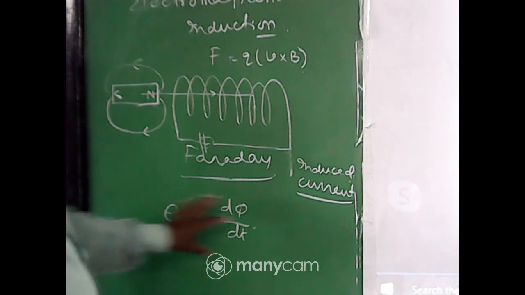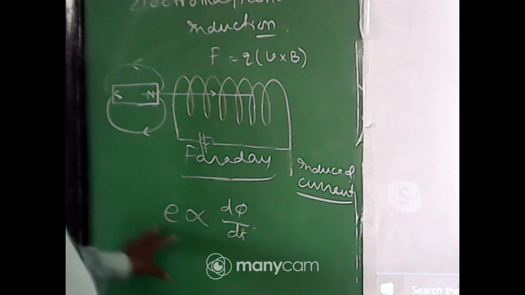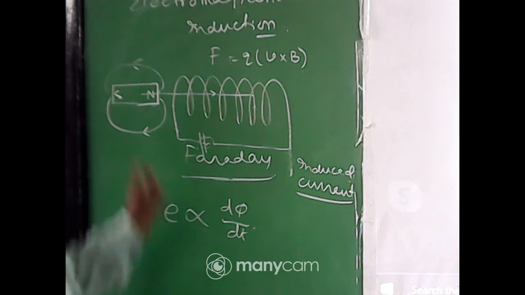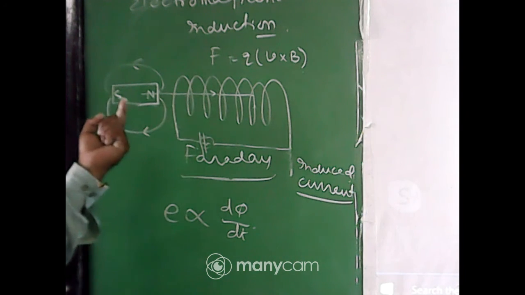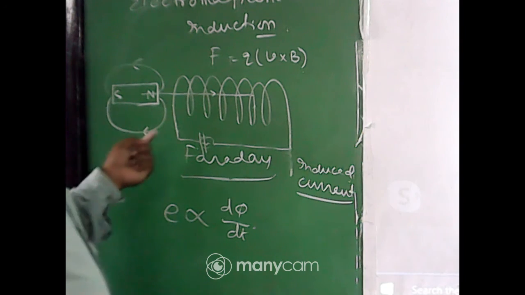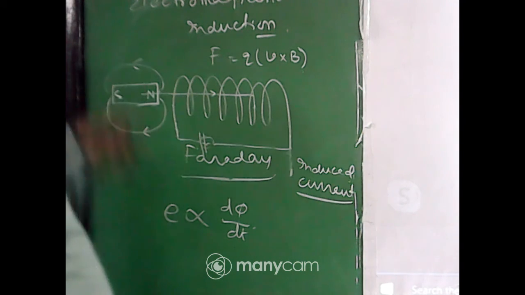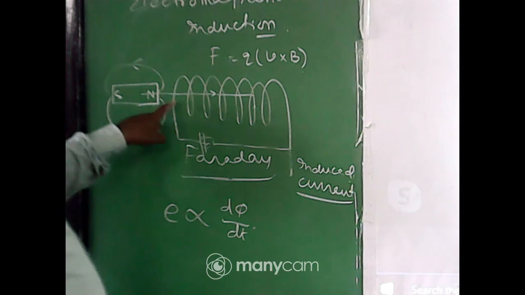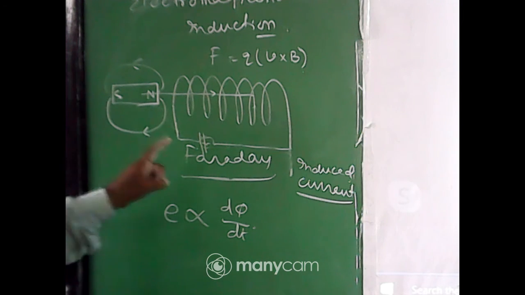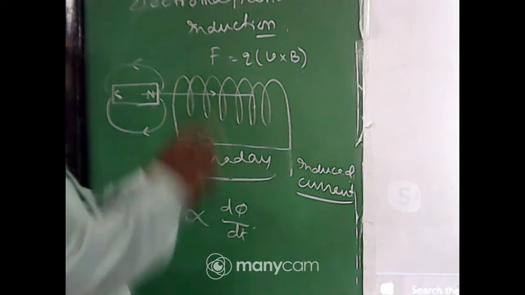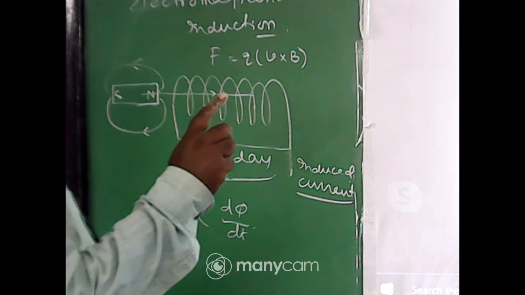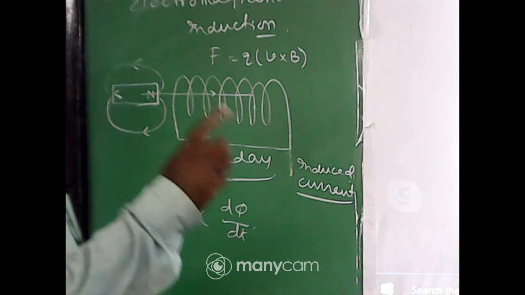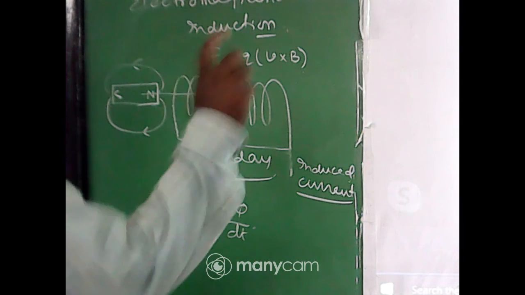But this is the law. One question is here from your previous part. You know it. If the north pole is here, the direction of the current in that coil, you see, is anti-clockwise, because